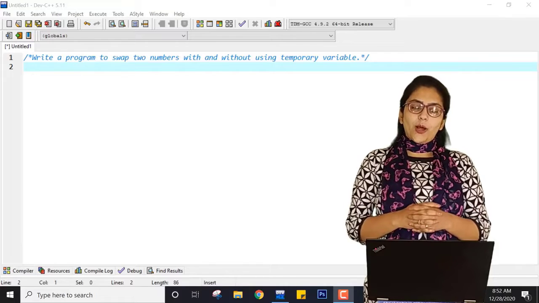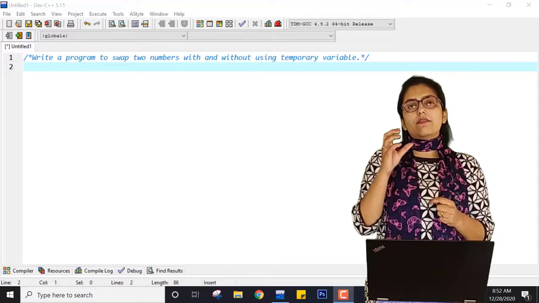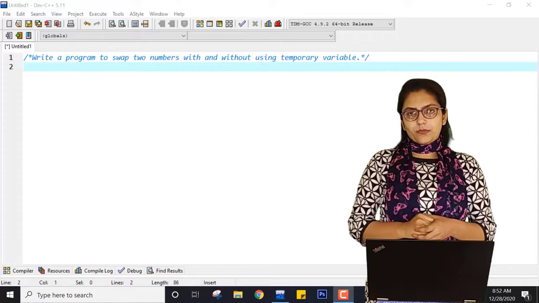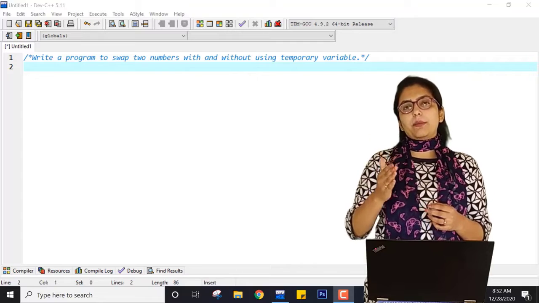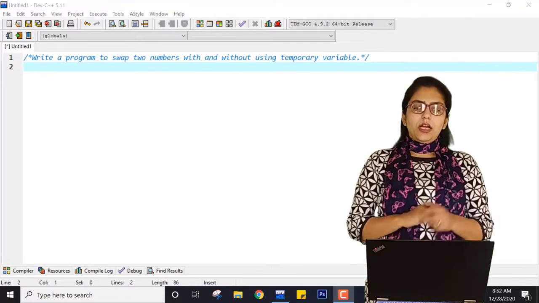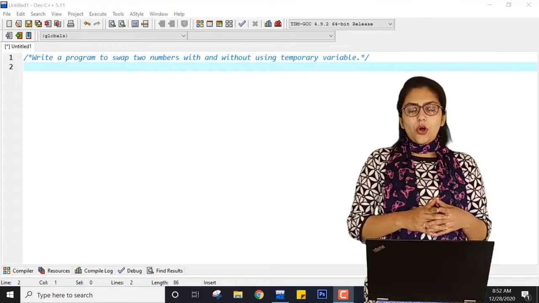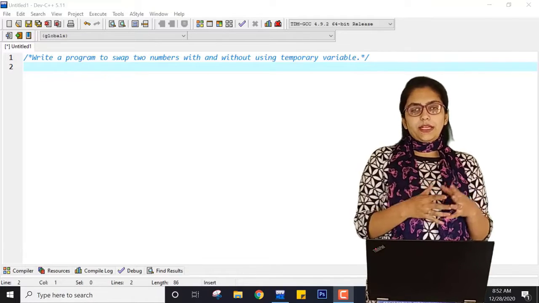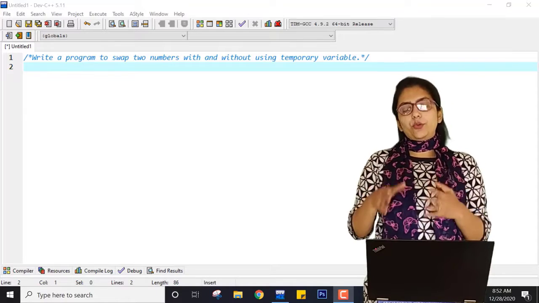So suppose you have taken one number 10 inside the variable a and another number 2 inside the variable b. Now you are just displaying that the actual value, or the value at the beginning, for variable a and variable b is 10 and 2 respectively.